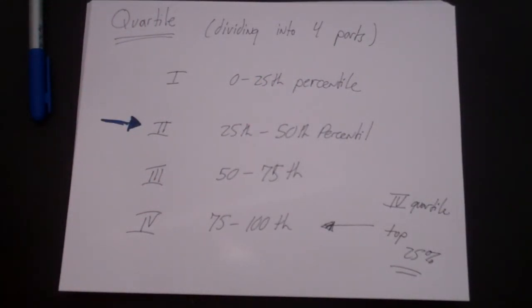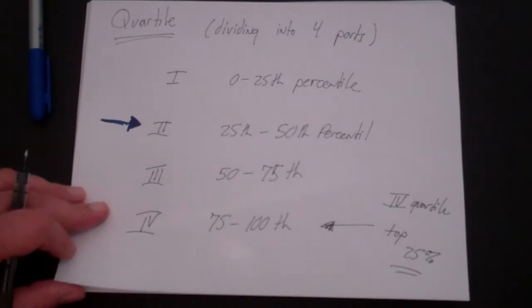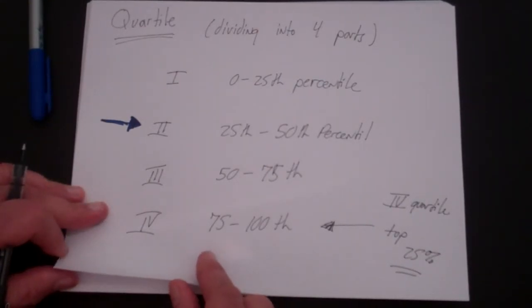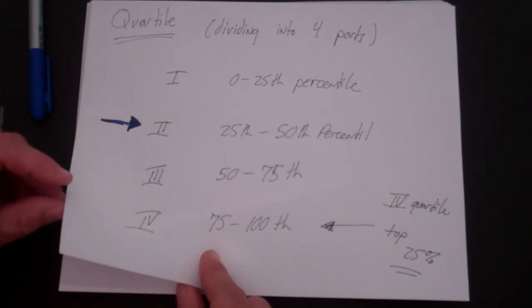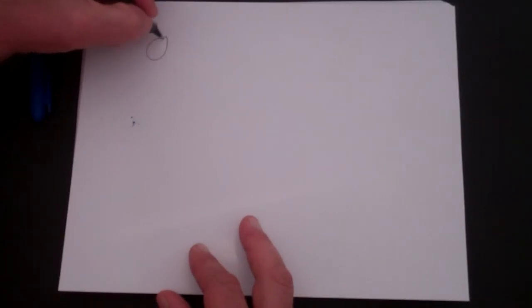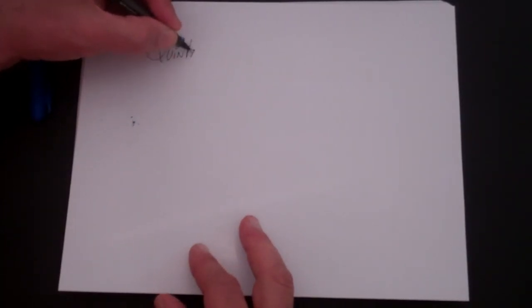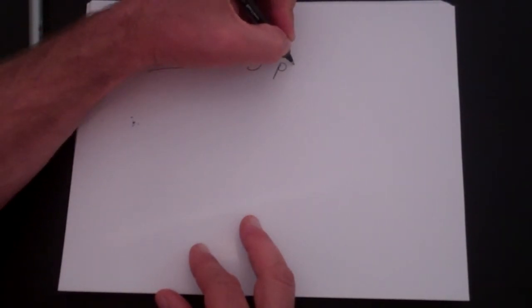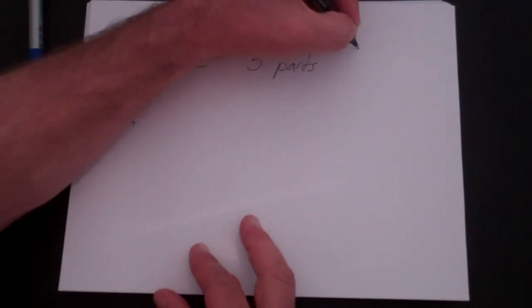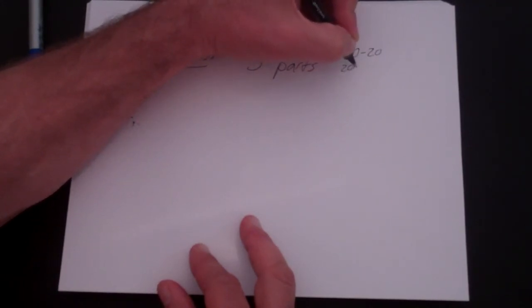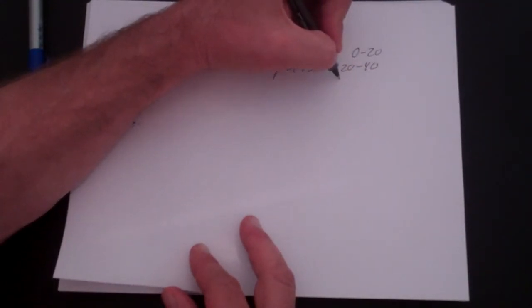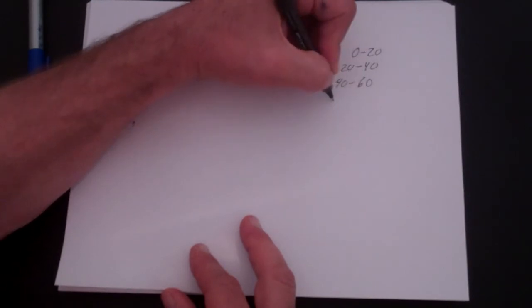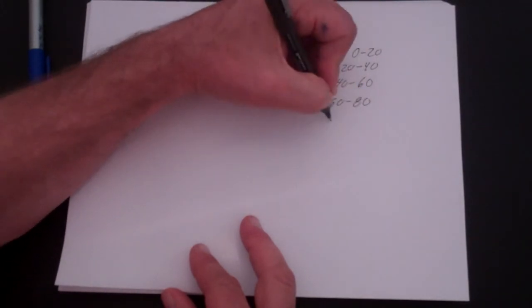Well, percentiles give you a sense that we often know more than we do. So quartiles is a way to give a more rough estimate. In addition to quartiles, you can also have quintiles. Quintiles is simply dividing the population or distribution into 5 parts. So for example, 0 to 20, 20 to 40, 40 to 60, 60 to 80, and 80 to 100.